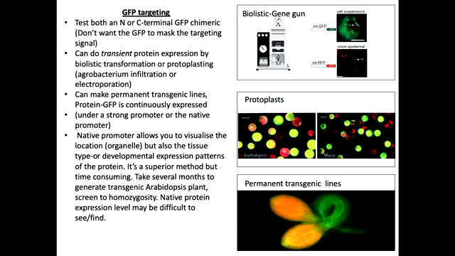So here's an example of protoplast. Or if you really have a lot of time on your hands and you really want to play around, you can actually make a permanent transgenic line. Yeah? You've seen mouse models of glowing GFP mice. Here's a glowing GFP Arabidopsis. And then you can microscope individual cells within that. I mean, this can take a year or 6 months of your life, so do you really want to do that? But one of the benefits of this is you can actually clone that GFP,